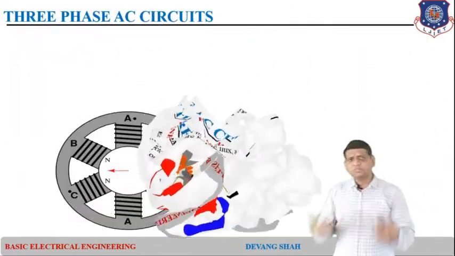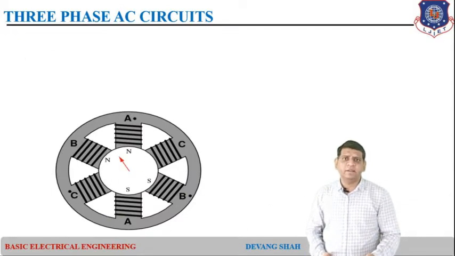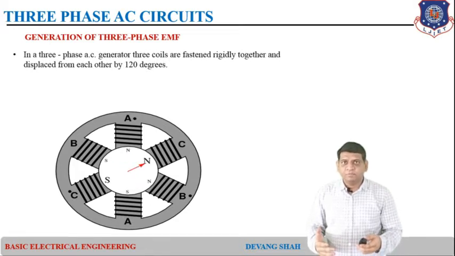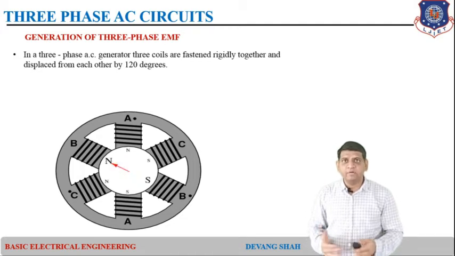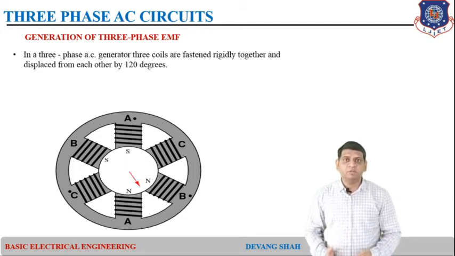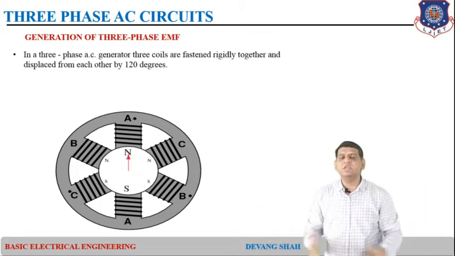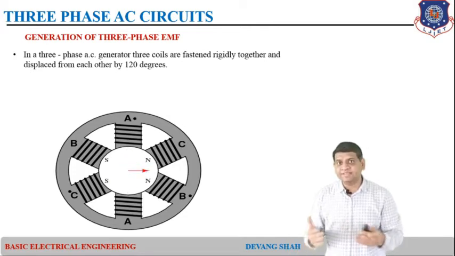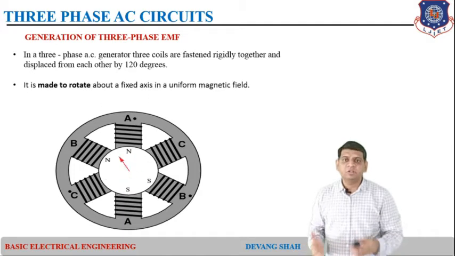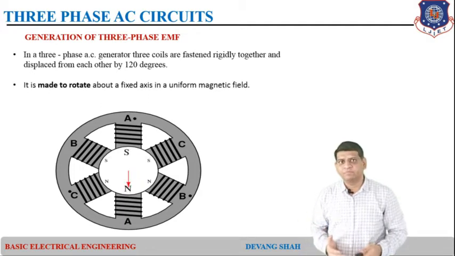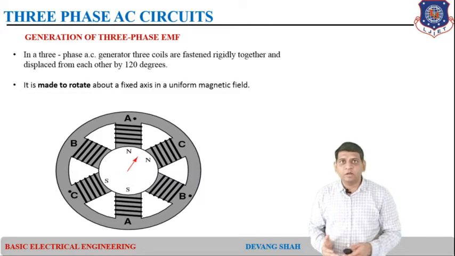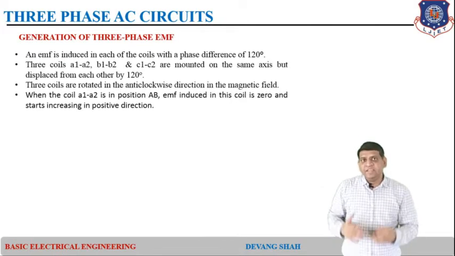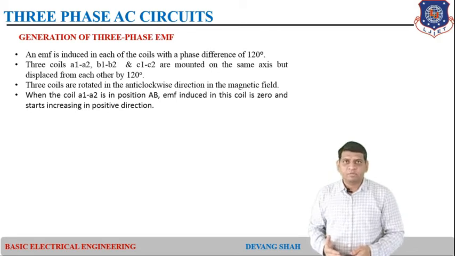Further, you can see this will create a magnet, and it is moving in the anti-clockwise direction. In this way, in a three-phase AC signal, three coils are fastened tightly together and displaced from each other by 120 degrees, right? All these three conductors are moving in the anti-clockwise direction with an angle of exactly 120 degrees, right? In that way, this will generate three separate phases of AC, of alternating signal. It is made to rotate about a fixed axis in a uniform magnetic field. From this you can see an EMF is induced in each coil with a phase difference